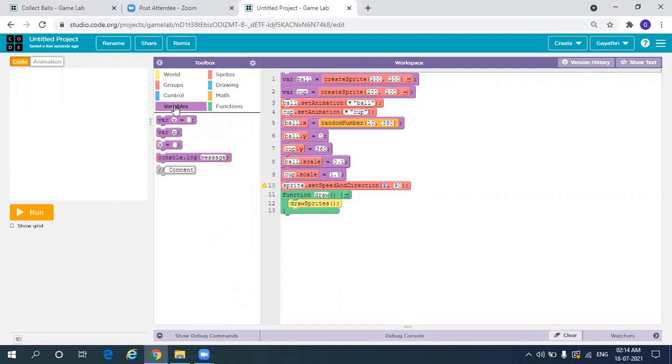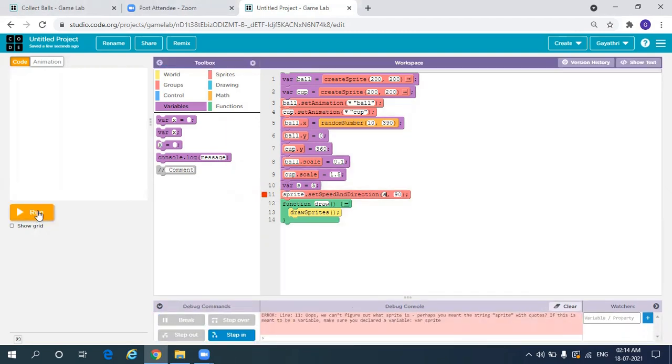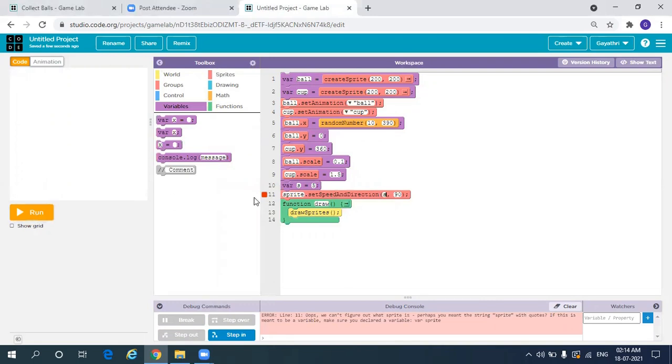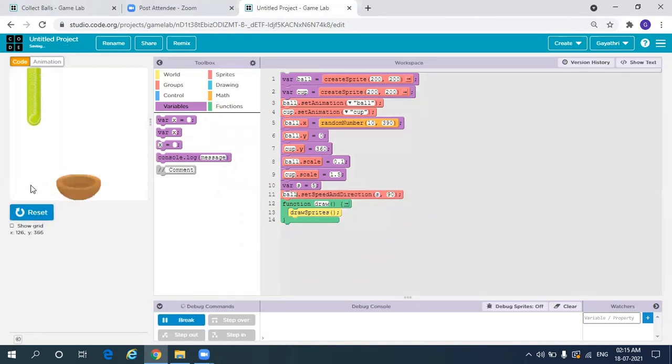So go to variables, select where X is equal to, and we'll declare a variable called S, which stands for speed, and initially speed will be, say, 5. Okay, so change 1 to S here. So if I execute now, okay, the sprite should be labeled as ball. So our ball is dropping.